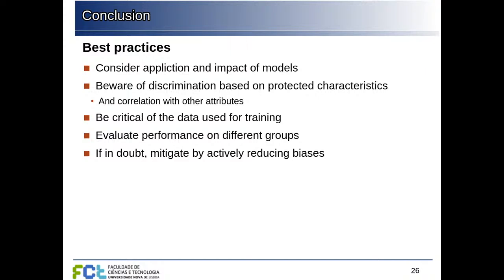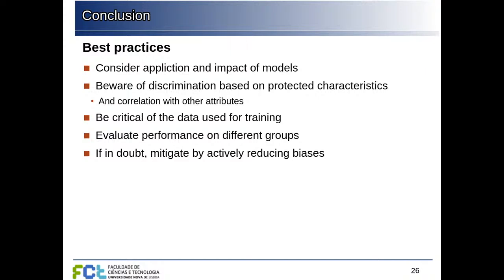This is not only explicitly avoiding using those characteristics like sexual orientation or religion or things like that, but also avoiding or being careful of anything that can correlate to those attributes, and then give a shortcut to the method to say, okay, if this person is Muslim, then we reach this conclusion because that works most of the time. We cannot accept those kinds of shortcuts in models that will have impact on the life